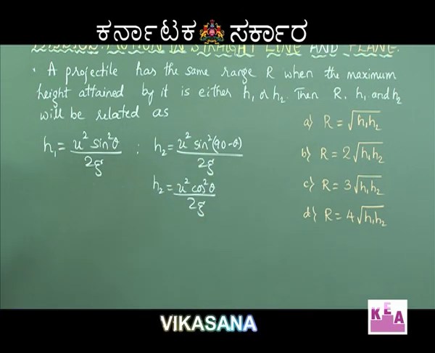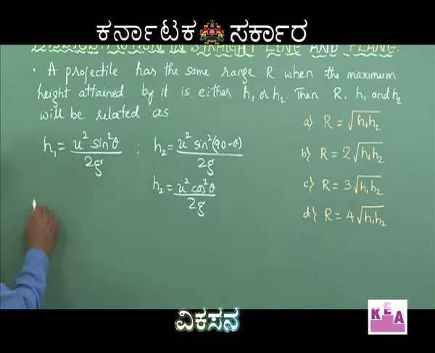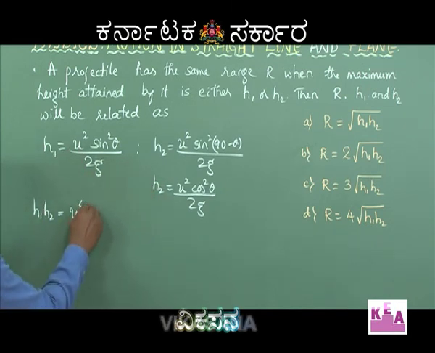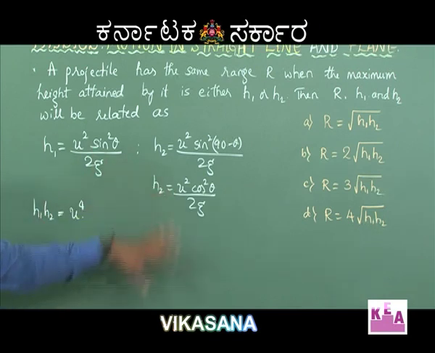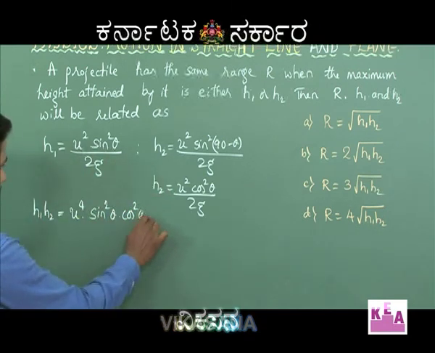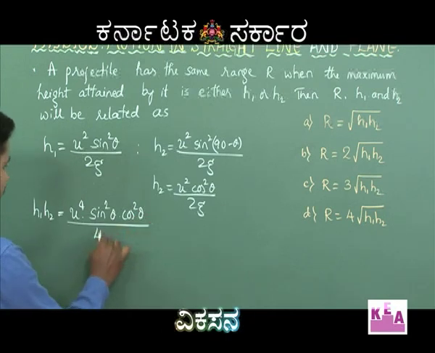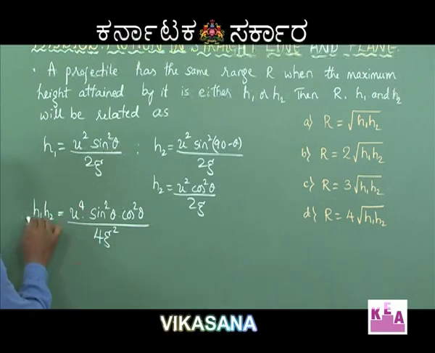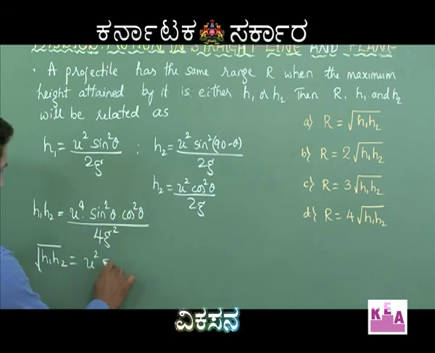In all the four I have the product of h1 and h2 under root. So let me take their product first. h1 h2, the product of them, is given by u square into u square is u power 4, sin square theta into cos square theta, divided by 4g square. And what if I take a square root? I am left with root of h1 h2 gives me u square sin theta cos theta